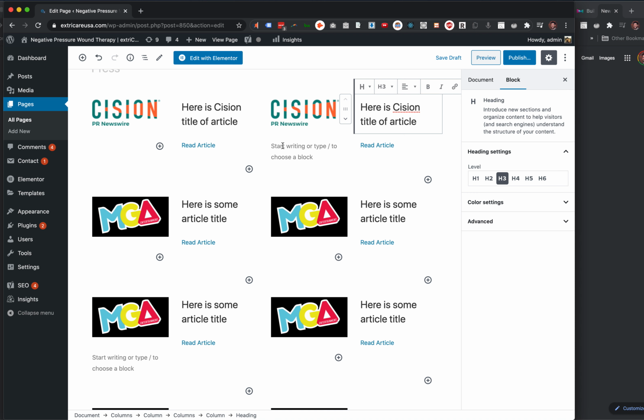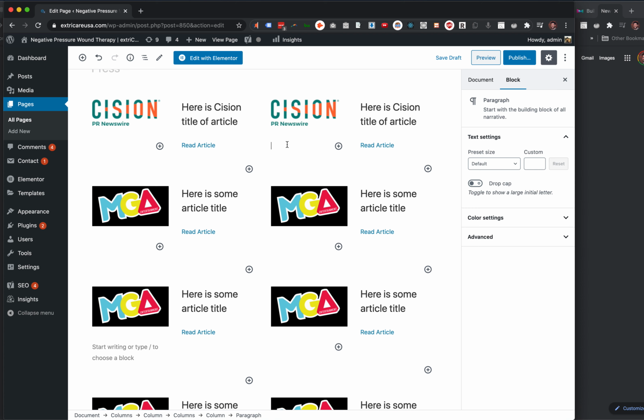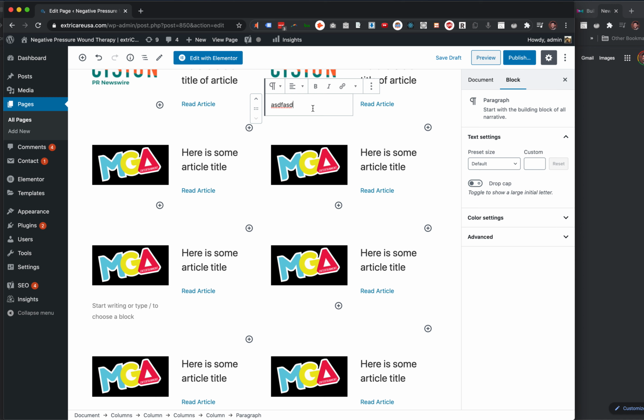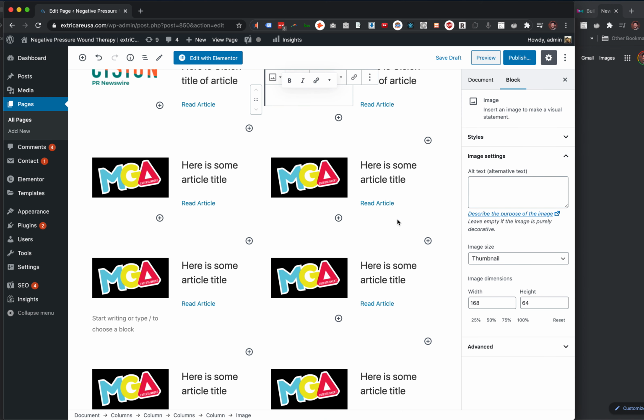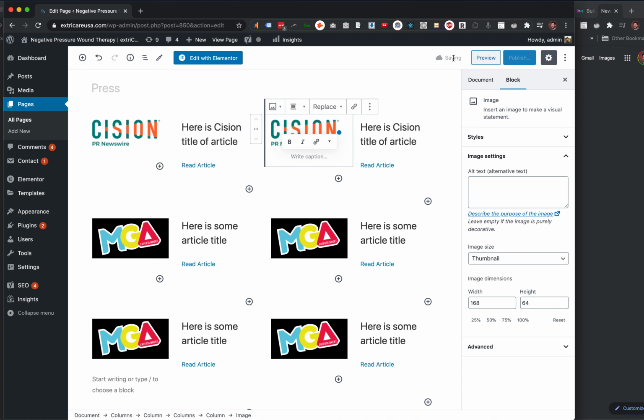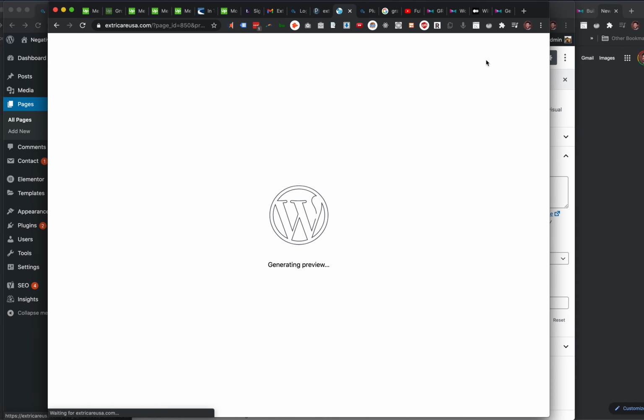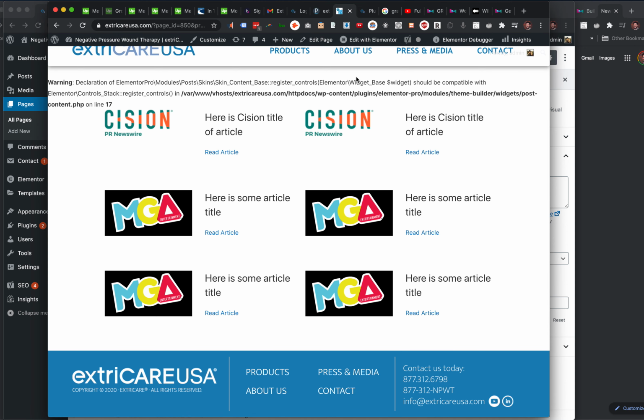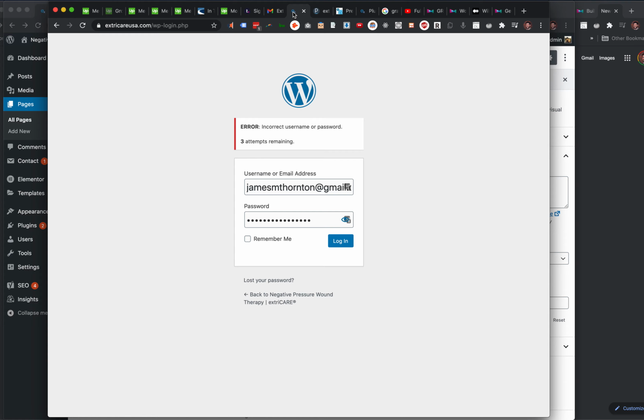And when it says start writing or type to choose block, it's because it already put a paragraph in there. So what I do is I'll just start typing to get this little bar to pop up, and then I'll just remove this block. So now if I save this draft and I preview, you'll see that it looks the way that you were expecting it to look. You've got your logo over here, you've got your article title over here, and then you can just go down the row. Now, if this is small or you wanted this to be a button, you could,